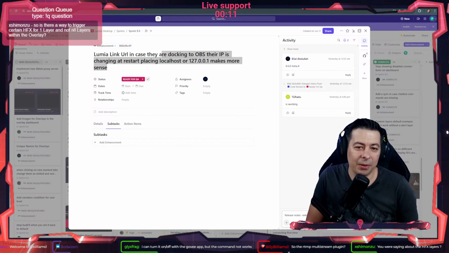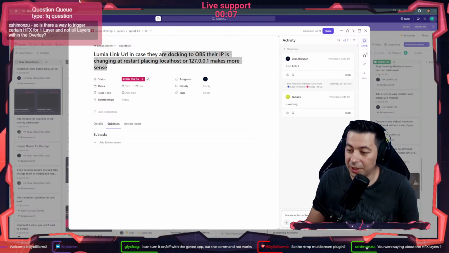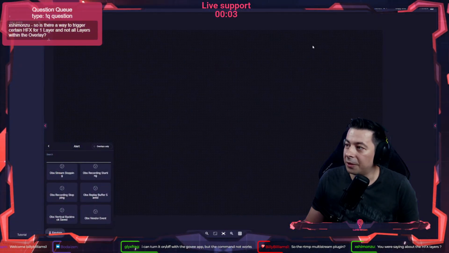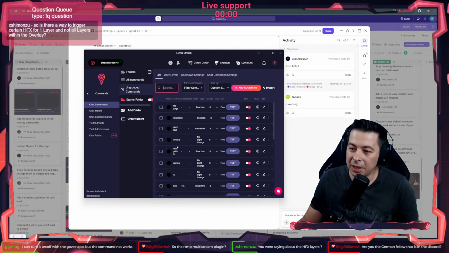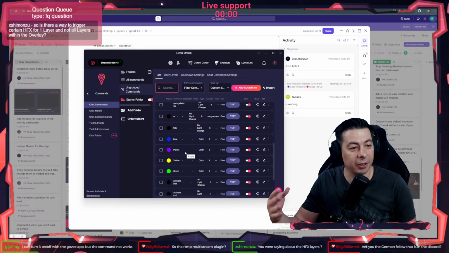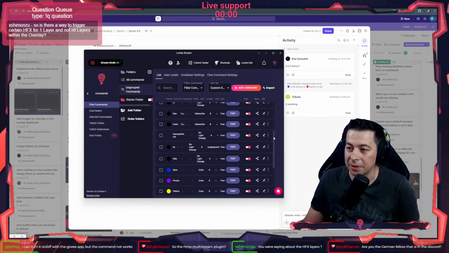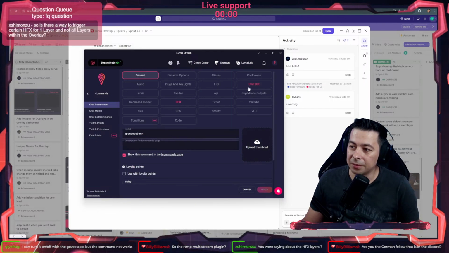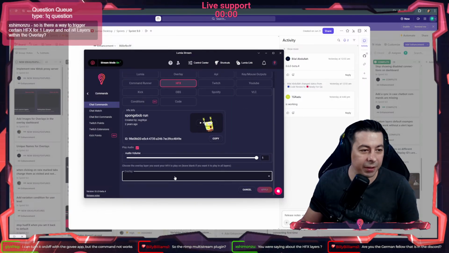You are saying about the HUD effects layers. Yeah, we're gonna go about the HUD effects layers. So over here on Lumia, when you create the command that has HUD effects, or it's not a command, it's a Twitch point, it doesn't really matter because it acts exactly the same. You're gonna go inside of it, and on the HUD effects, you see that you have here overlay.